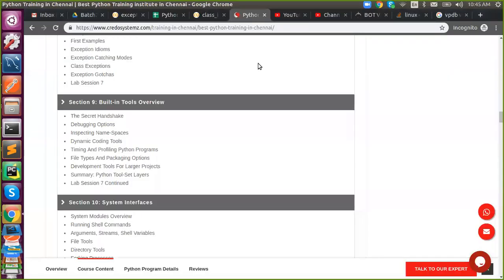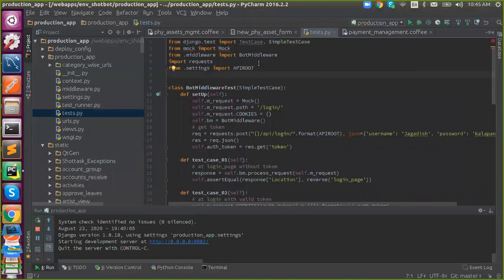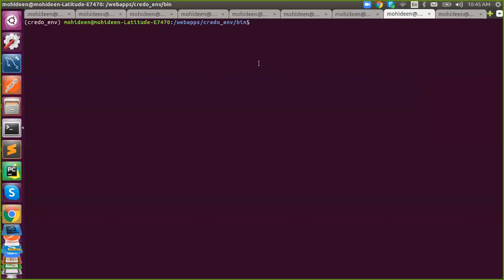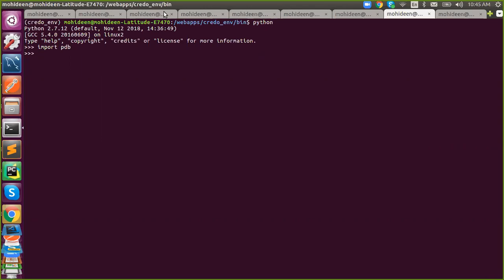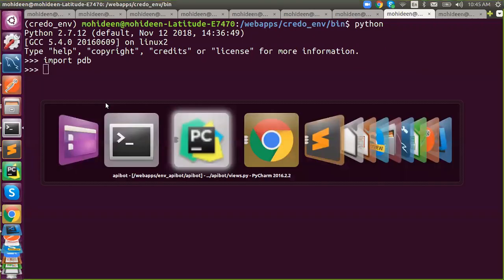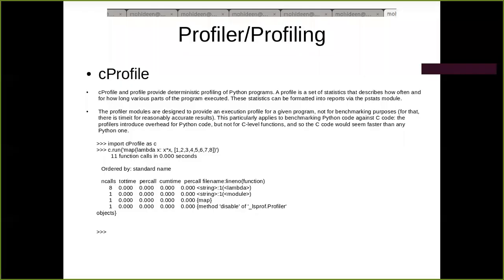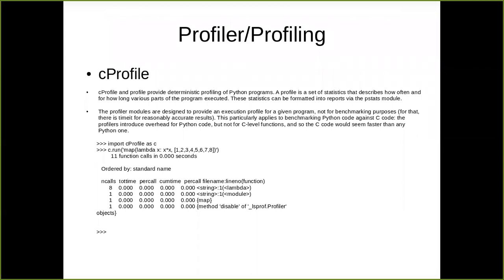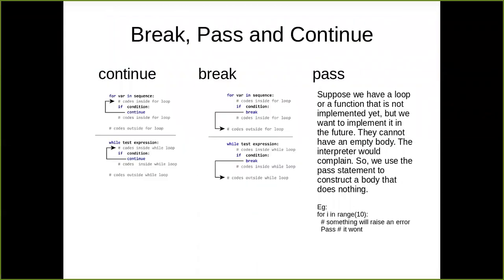And let's move on to the debugger. What is a debugger? It is all about a module which is available in Python. There is a module called PDB, the Python debugger. This module will help you to debug your code. There are two things in this. One is the debugger, and one more thing is profiling. In terms of built-in tools, both are built-in. We don't need to install them.